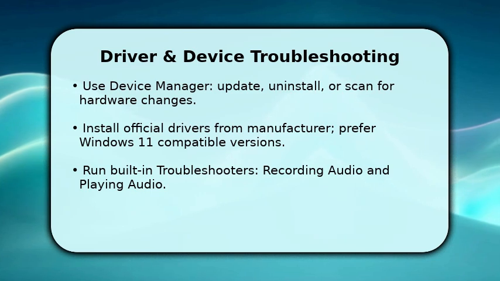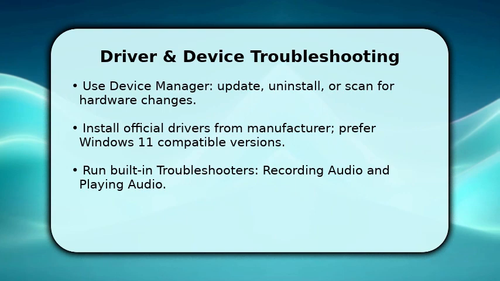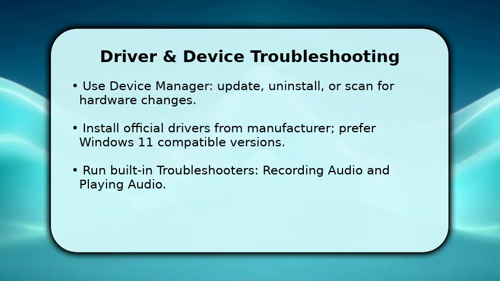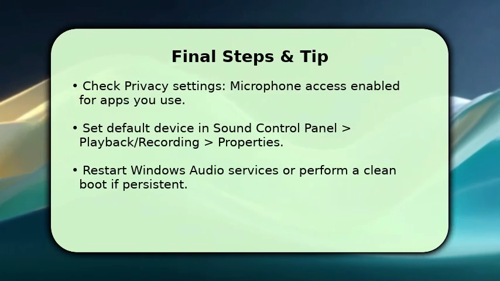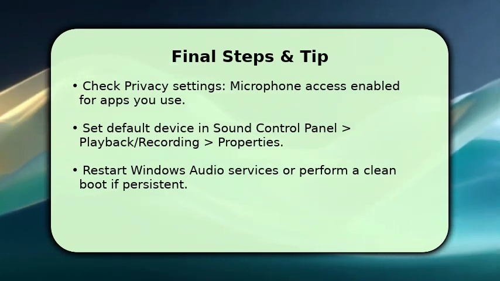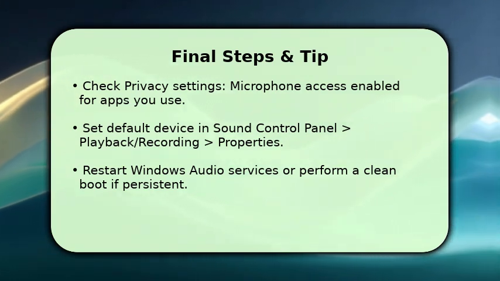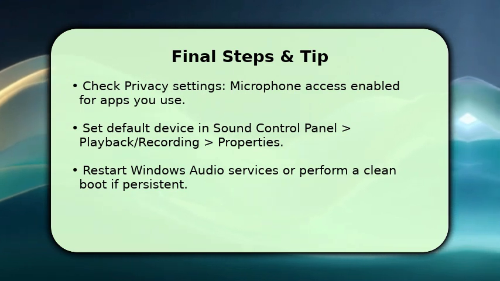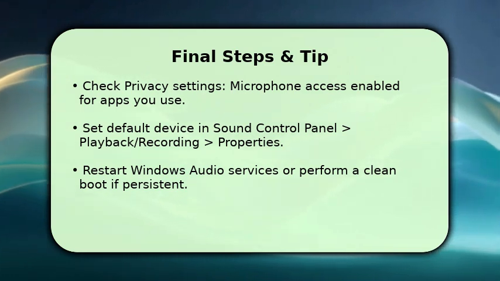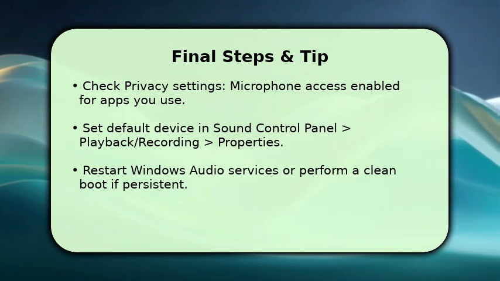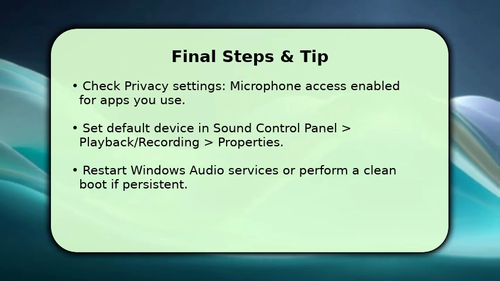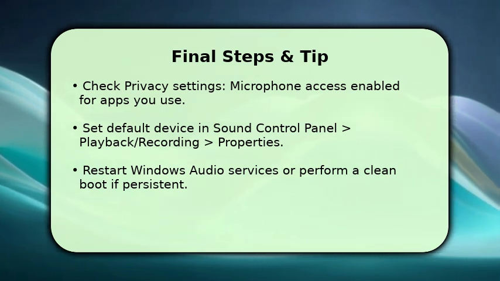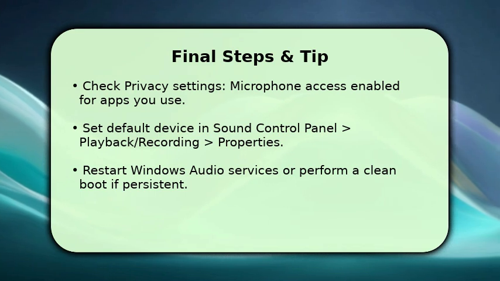Make sure Bluetooth is enabled. Finish by verifying privacy and default settings. Open Privacy and Security Microphone and ensure apps can access it, because blocked permissions make a headset invisible to applications. Then, use the sound control panel to set the headset as the default device and adjust levels and formats under Properties. If problems persist, restart Windows Audio Services or perform a clean boot to isolate software conflicts. One key tip: if all else fails, test the headset on another PC to confirm whether your